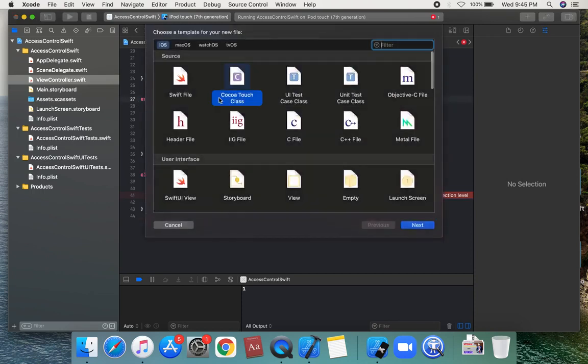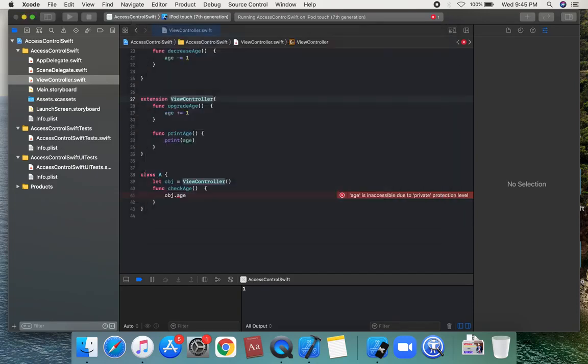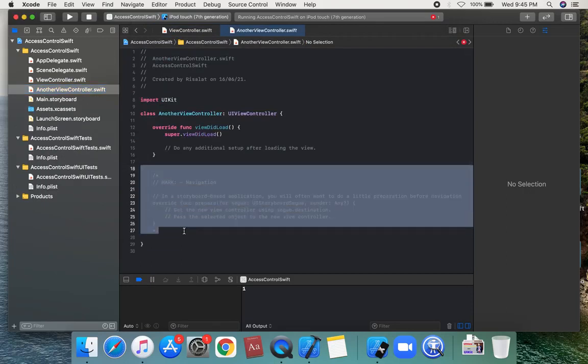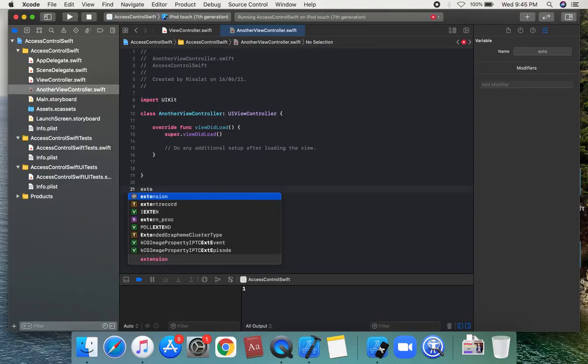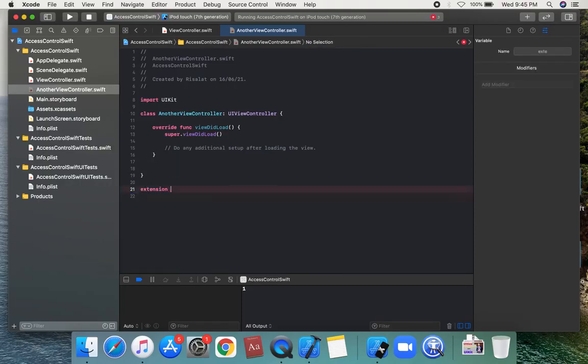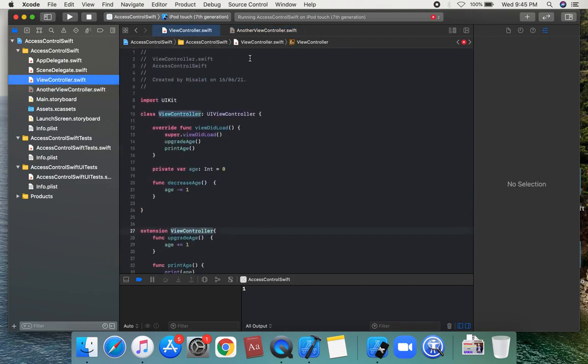We can create another class, suppose AnotherViewController, and use an extension. This is the internal type. In Swift, access control is internal by default.